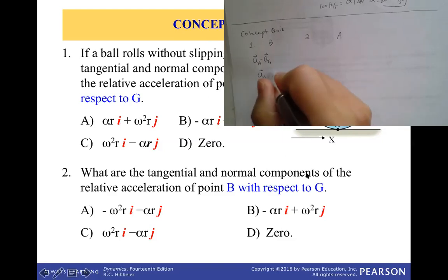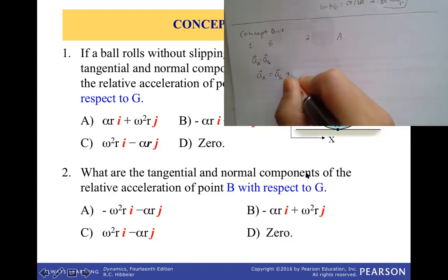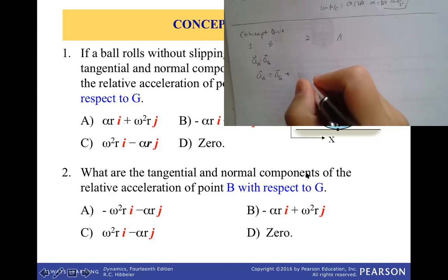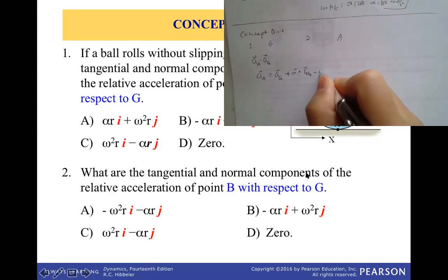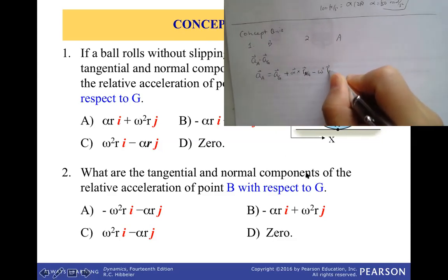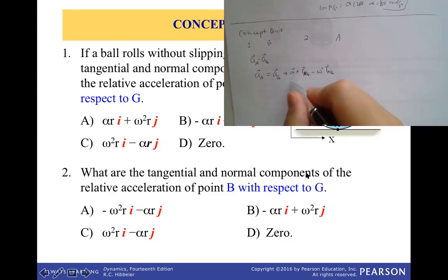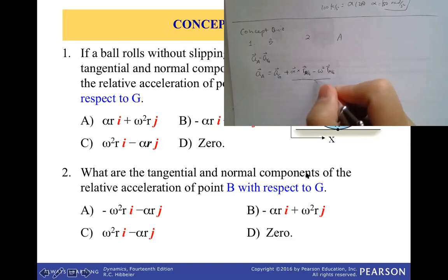All right, so this is equal to, if you choose G to be the base point, then plus alpha cross R of A with respect to G minus omega squared R of A with respect to G. Okay, so then we are looking at these two terms. And in the previous slide, we have shown that the first term will be equal to, in this case, minus,